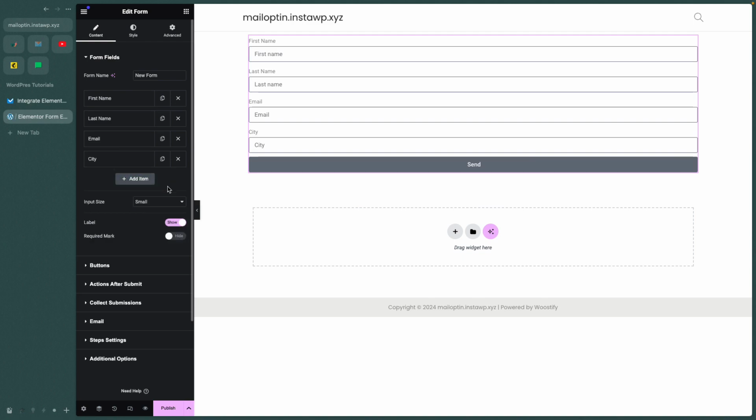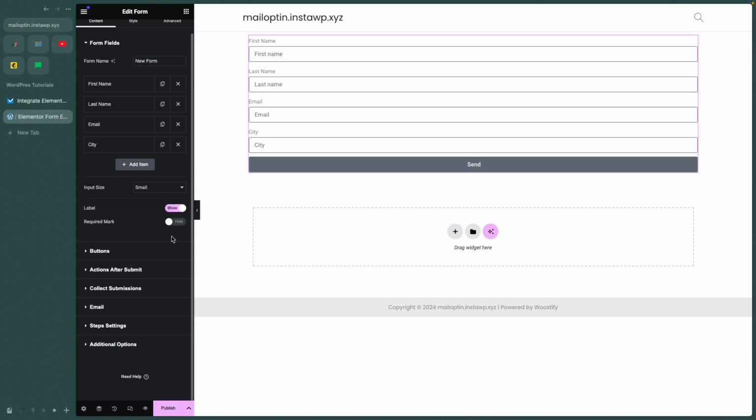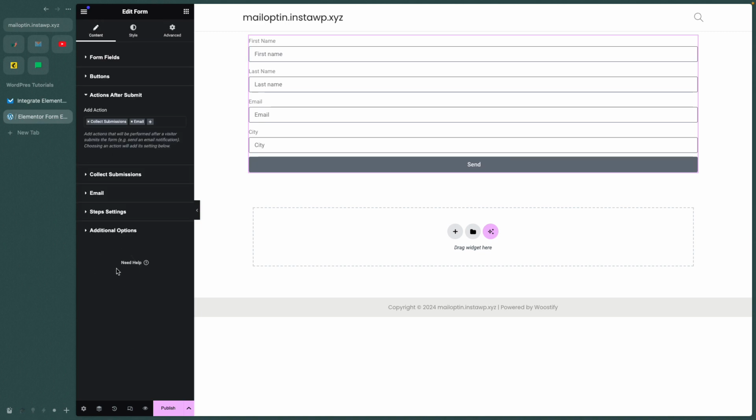Now let's move down to actions after submit. So we're just going to go ahead and expand this tab, and here we'll see that we have two separate actions that are happening after the form is submitted. We just want to click on the X to remove both, and now we need to find mail opt-in on this list. Now we're going to see a new tab called mail opt-in, and then we can select our email